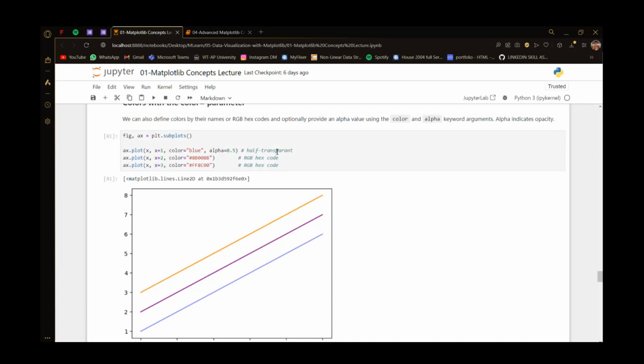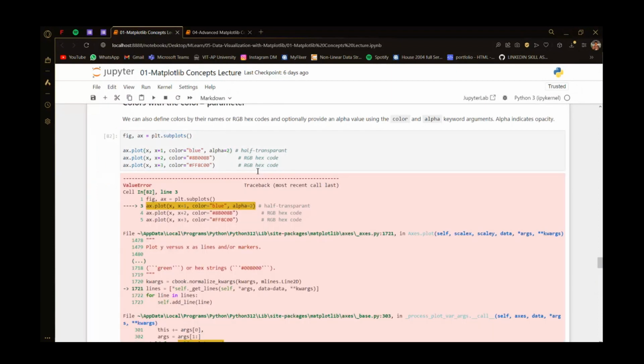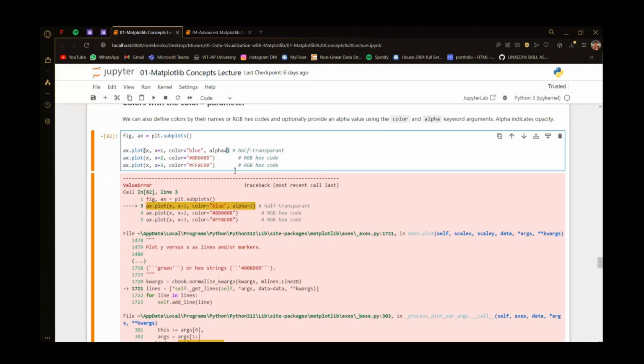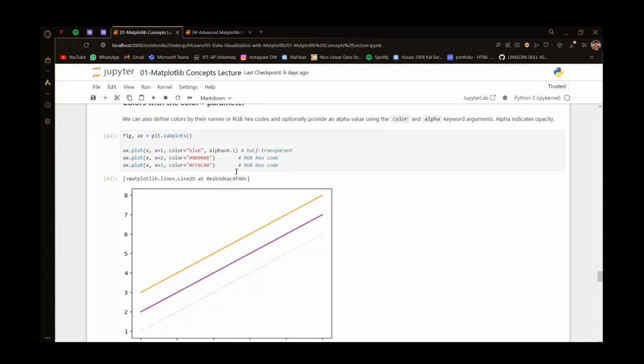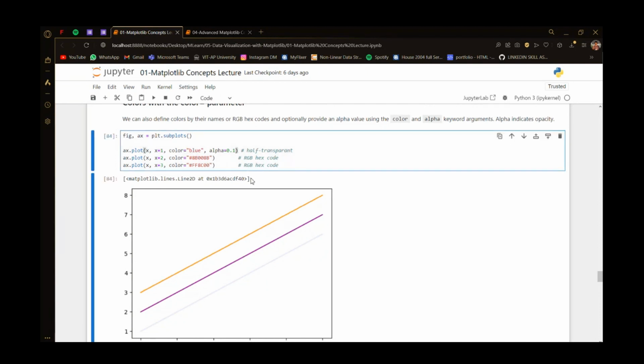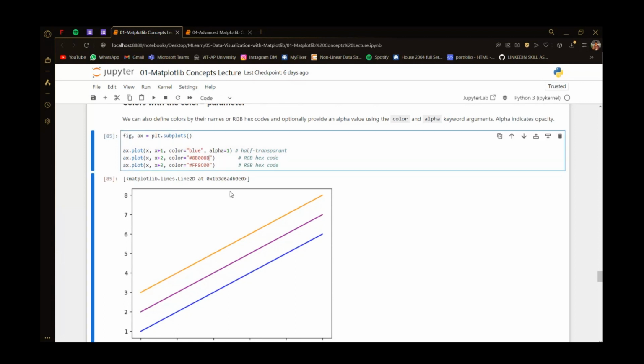We run this code again. If I do alpha equals 1, sorry, not 2, 1, see how bright that is? But if I change it to 0.1, you see the difference. Let us change this to 1 again. And how about